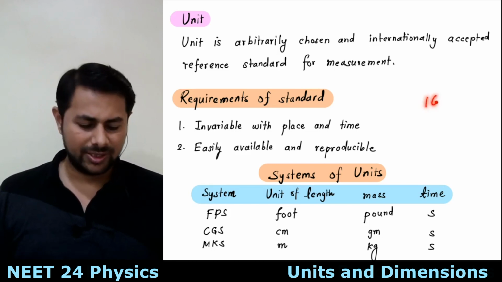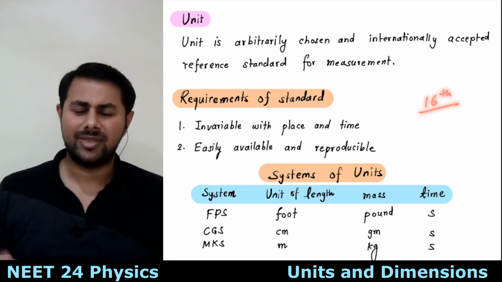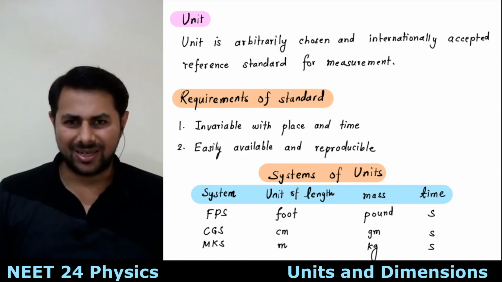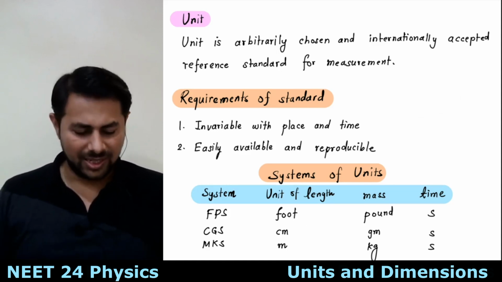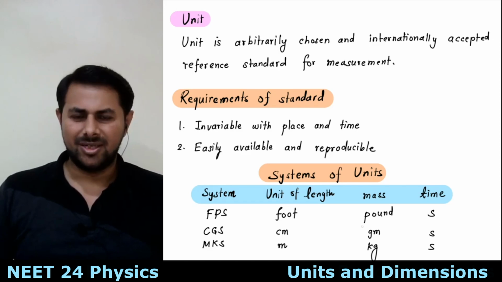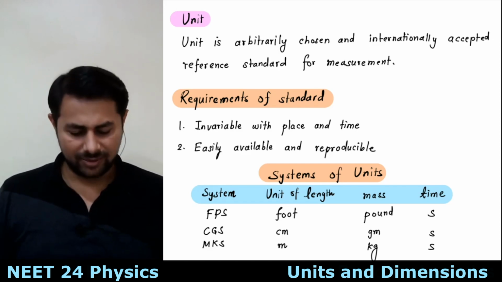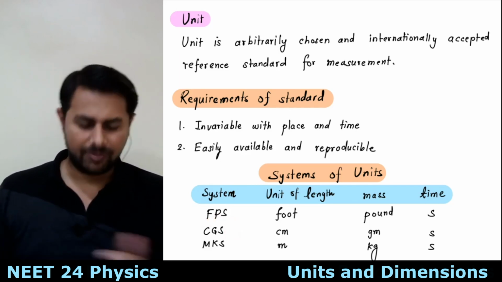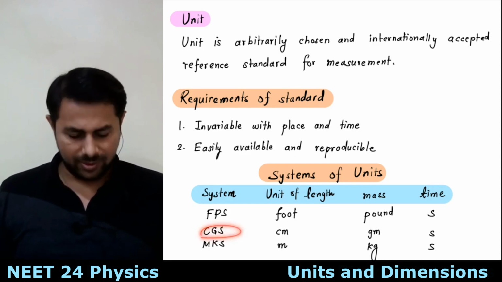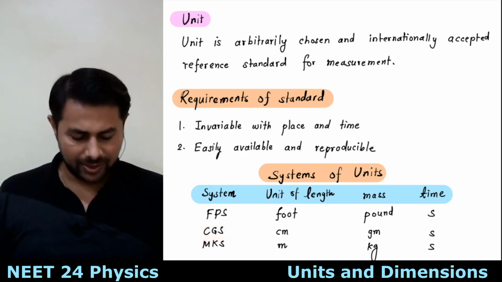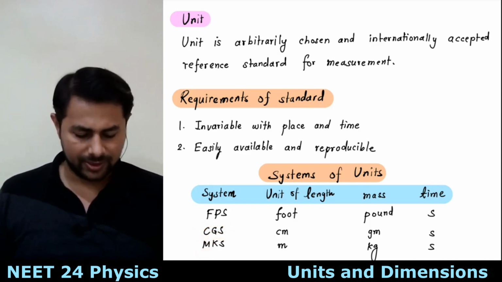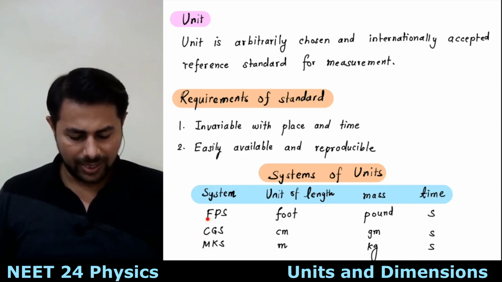If you talk about the 16th century, there was only one subject, that is motion, mechanics. So any quantity in mechanics you can represent using length, mass and time. So if you have units of those 3 things, you have a system of units, and that's why these were the systems of units. FPS was used in some part, then CGS was used in some part, and MKS was used in some part. So what is FPS?